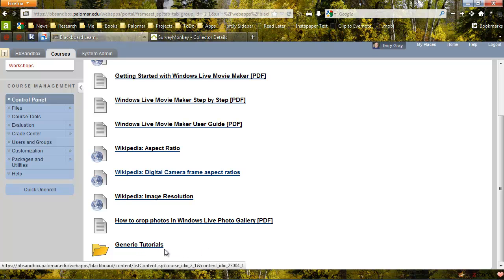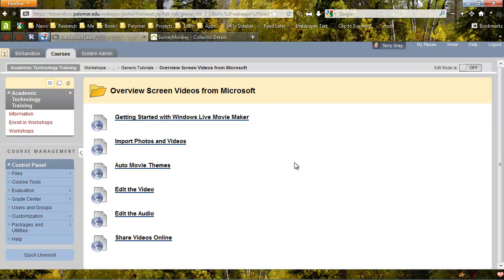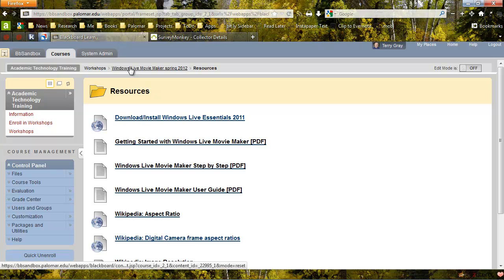And finally, within this folder, there's a generic tutorials folder which contains several screen videos from Microsoft, as you can see. I'm going back with the breadcrumb trail. And a couple of documents, and these are long documents. A step-by-step how-to with Movie Maker and a Movie Maker product guide. They're probably more reading than you want to do, but they're there for you. And back to the resources folder. And that's it in that folder. And then back to our